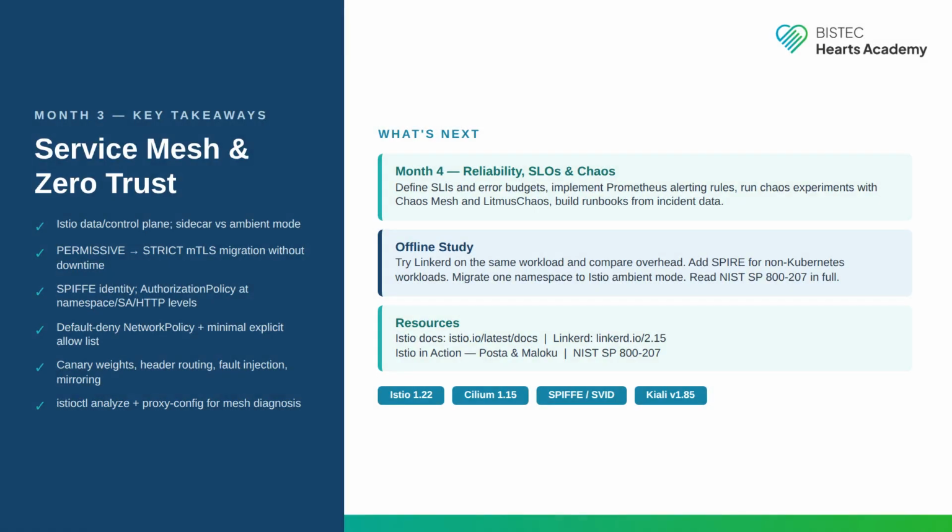Here is what you have covered in month 3. You understand the Istio data plane and control plane, and when sidecar mode versus ambient mode is the right choice. You can execute a zero downtime migration from permissive to strict mTLS. You can express a service access matrix as authorization policy, backed by SPIFFE cryptographic identity,